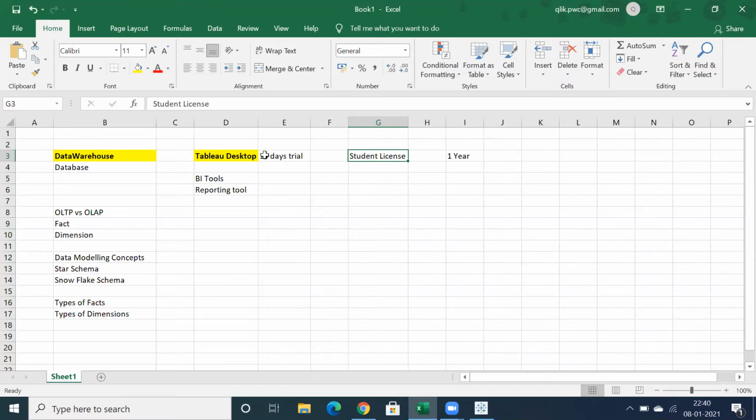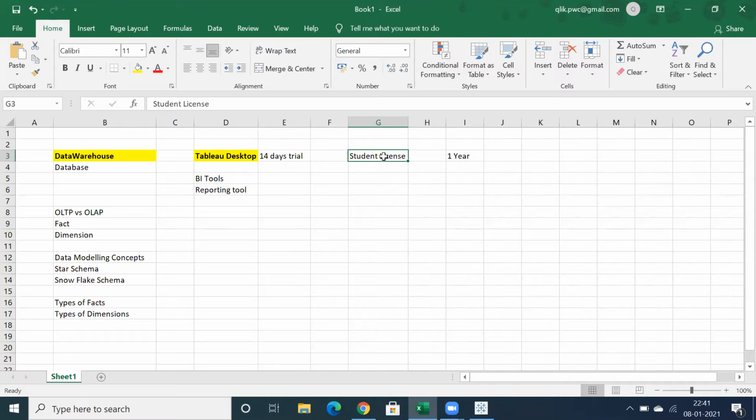How do we get a student license? Basically it should be any person who is pursuing any degree like MS. I'm not a student right now. I got you, but if we have any friends, I can try from my side to get the student license. I think I can get it from my sister. I can help you out if you have any ID card which shows the current year or a date.